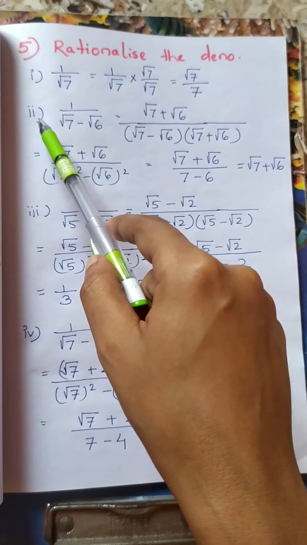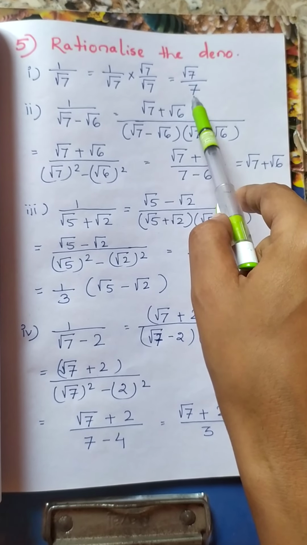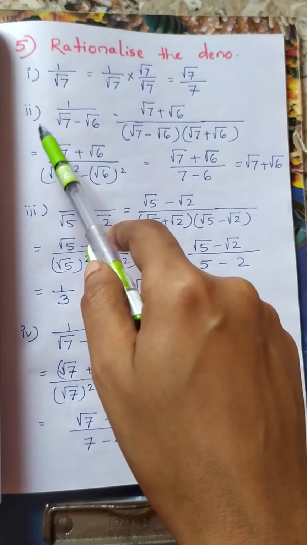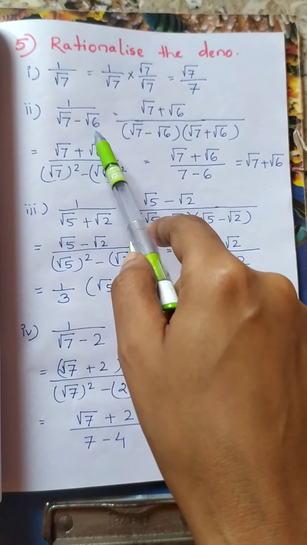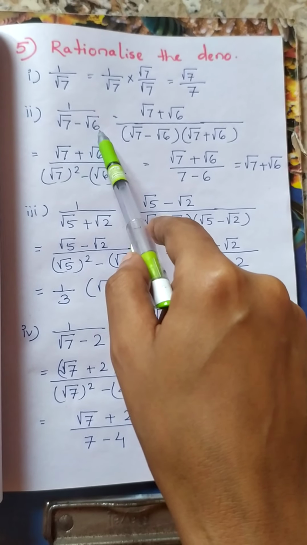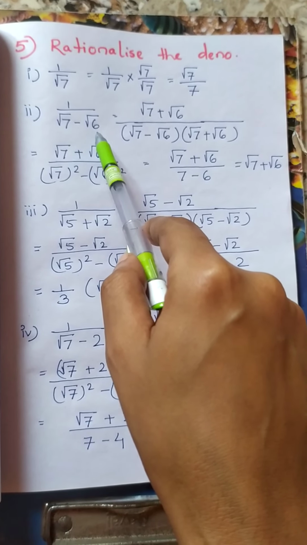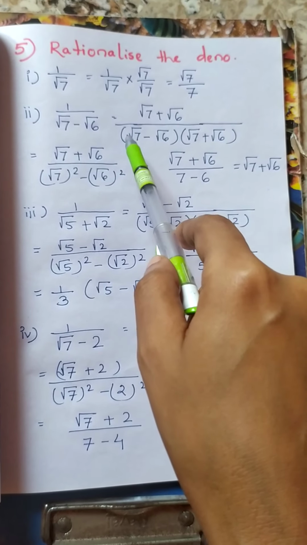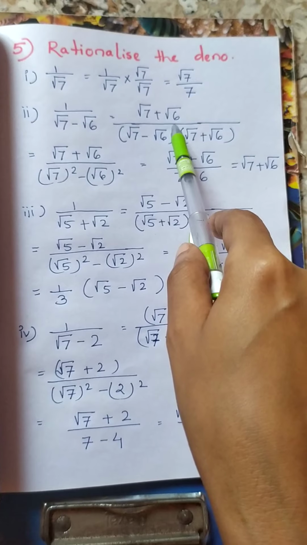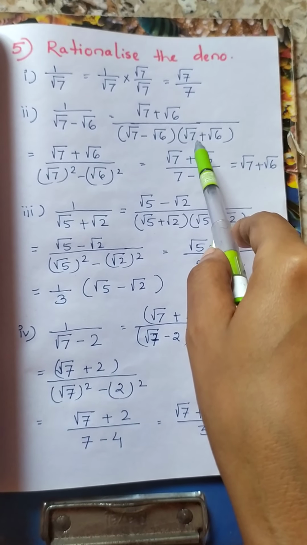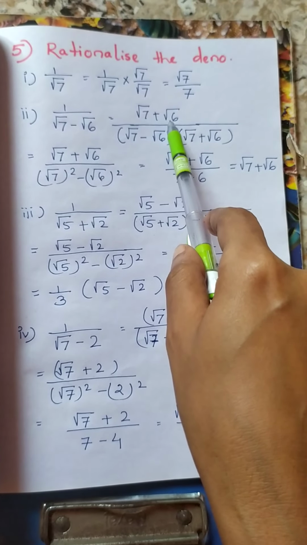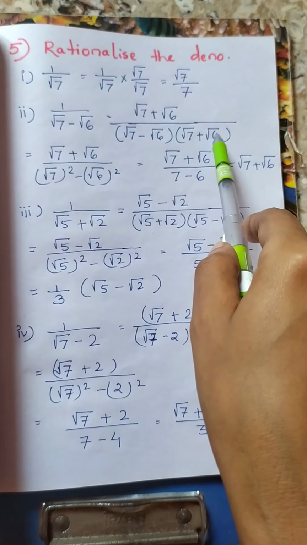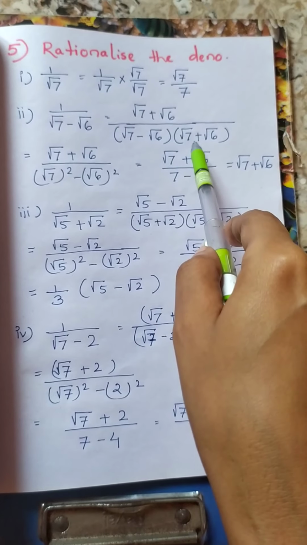Coming to bit 2, here the total expression is not rational, rather the denominator part becomes rational, which is asked in the question. Bit 2, 1 by root 7 minus root 6. In such a question we have to multiply by the just opposite of this expression. Here it is minus, we have to consider the plus one. So now it becomes root 7 plus root 6. Whatever value we multiply at the denominator part, the same should be multiplied at the numerator part also. So it becomes root 7 plus root 6 the whole, divided by the given expression into the multiplied one.